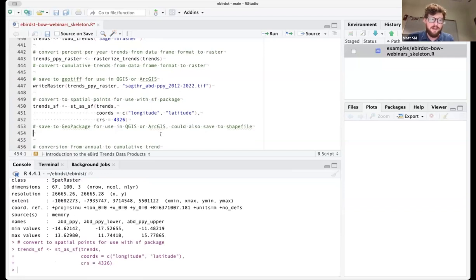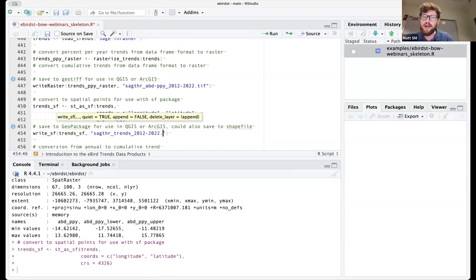And then if I want to save this to my computer to open it in different software, this time I'm going to use the function write_sf. I'll give it the sf object, the spatial object. I'm going to call this one Sage Thrasher trends 2012, 2022.